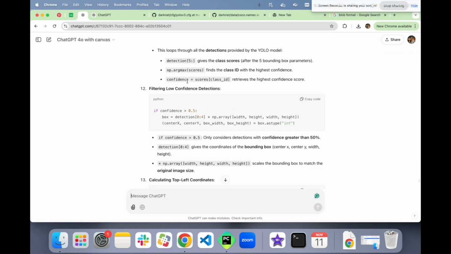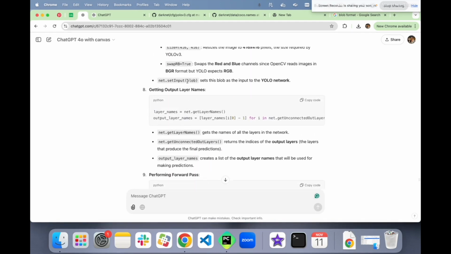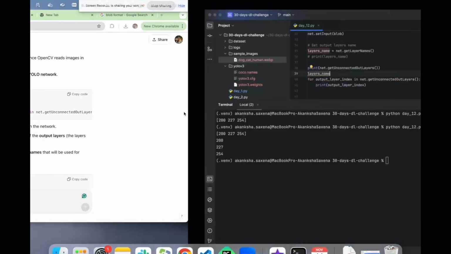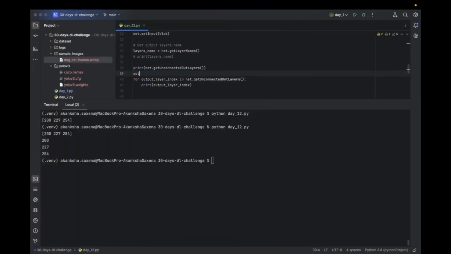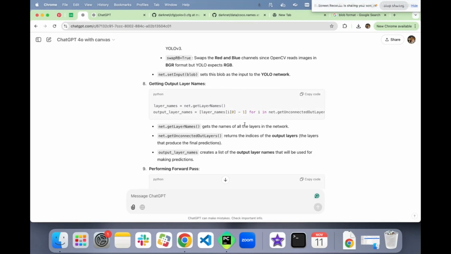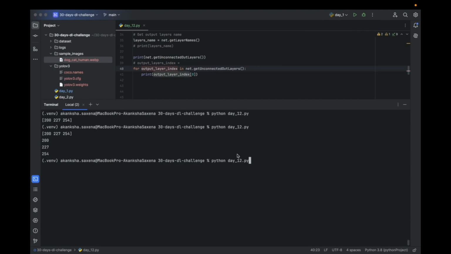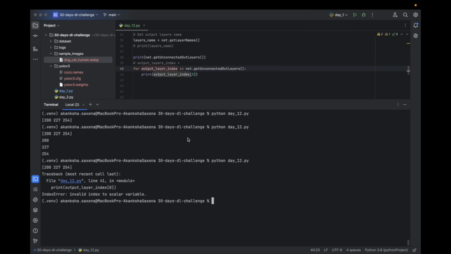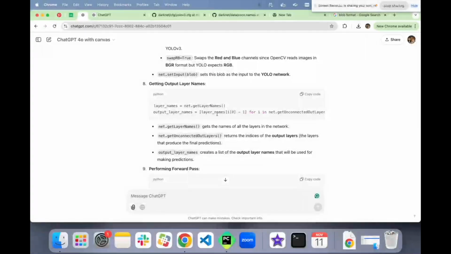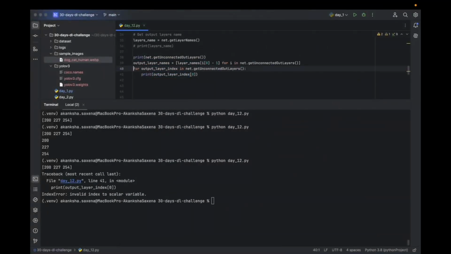Yes, let's come back to check number, output layers names 8. So it says output layers index 0. If I do this, it does not make sense, right? Why are we doing it? Let me copy it and then paste it, and then print